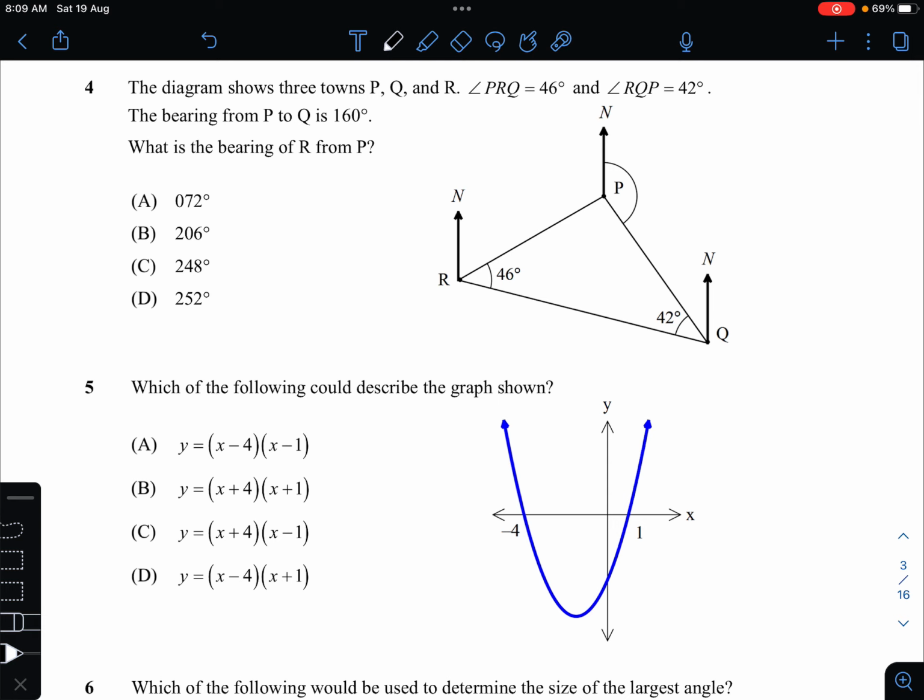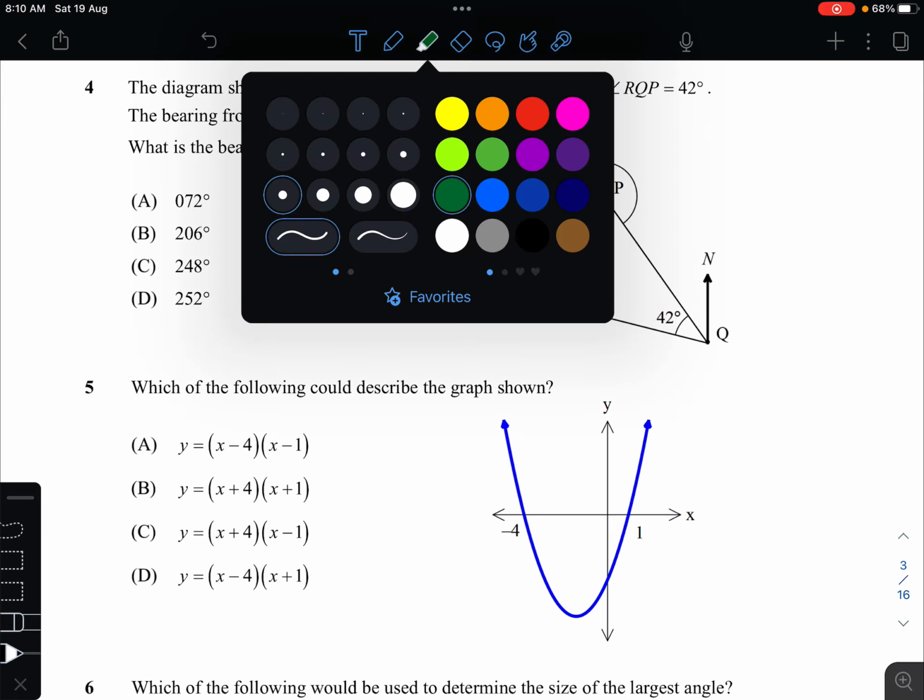Angle PRQ, so this angle right here, PRQ. An easier way of remembering this is that the one in the middle is the angle it's actually talking about, and then it connects to the 2 on the outside, right? So angle PRQ is 46, RQP is 42, so I'm just going to use a different color,